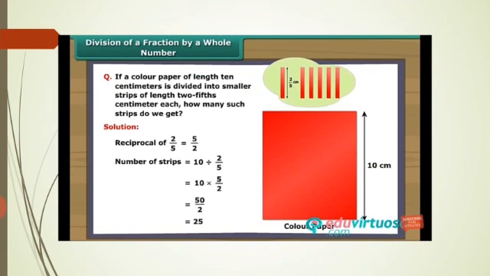So 10 divided by 2 by 5, already we have written in the question itself, no? Division means taking the reciprocal of the second number and multiplying by 5 by 2. Then you can cancel, because the numerator has 10 and the denominator has 2. You can cancel it: 1 2 is 2, 5 2s are 10. So 5 5s are, what is the solution? 25.